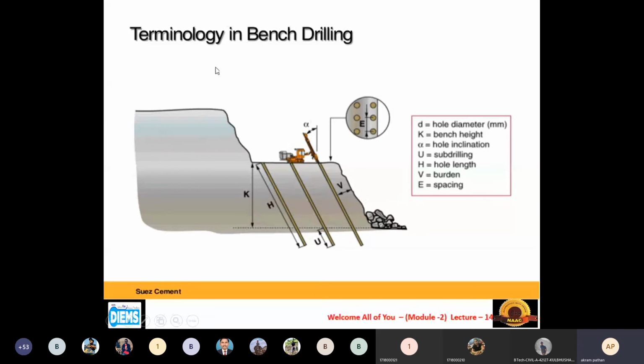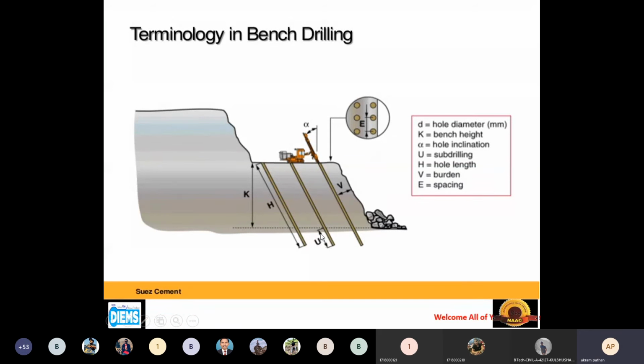These are the terminology in bench drilling. Here, this is the diameter of the hole. These are the holes which are going to be drilled inside this particular first bench. Then K is the bench height, and alpha is the hole inclination or hole angle.